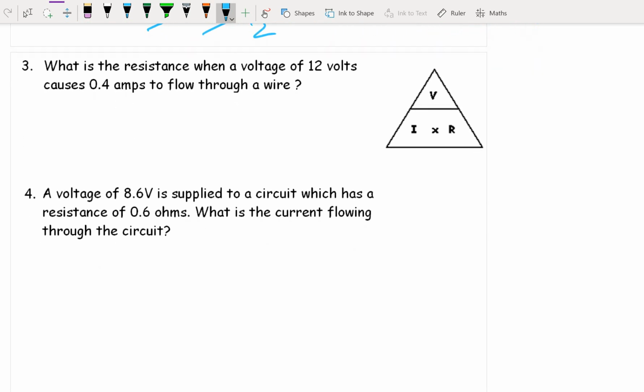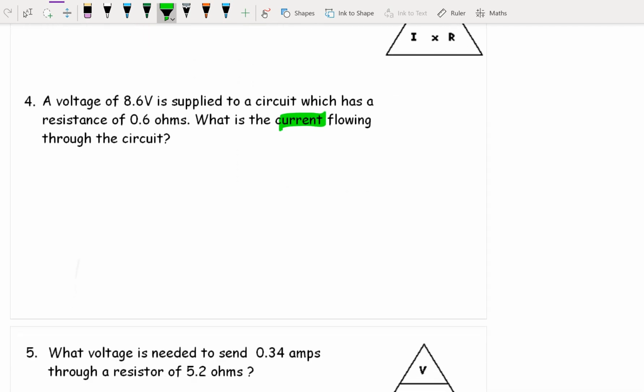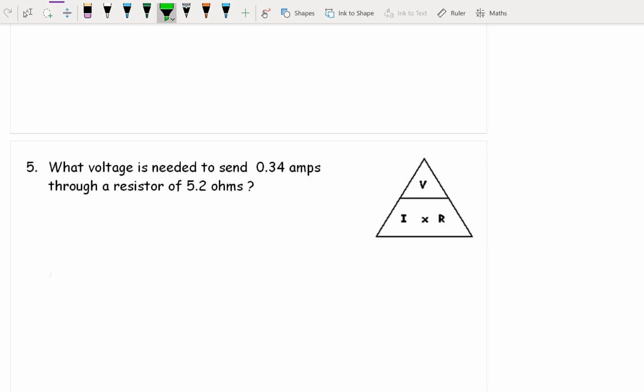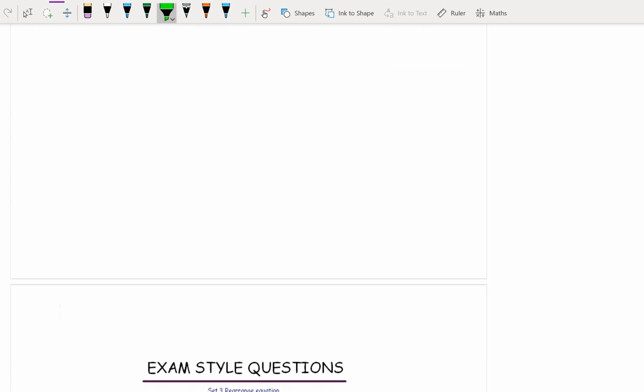What I would like you to do is have a go at question 3 and 4 and 5. I'm going to give you a little hint. That's what you're trying to work out. That is what you are trying to work out. I ain't helping you with question 5. And then,